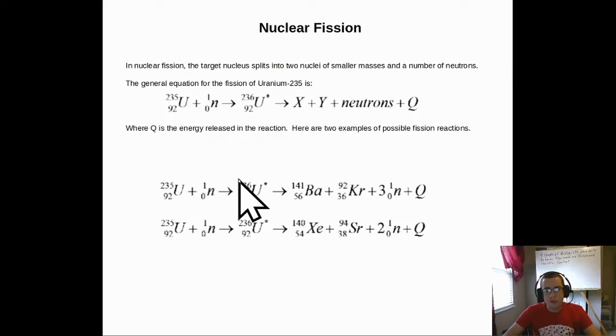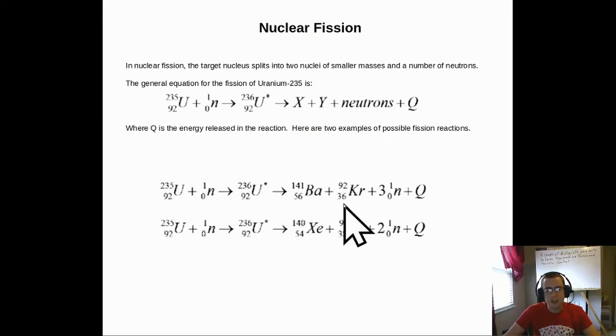And so for uranium-235, it doesn't always decay the exact same way. There are a handful of different ones. The two most common are going to be these two down here. So initially, uranium-235 is bombarded with a neutron, which causes it to turn into uranium-236, which on its own is not stable. So it undergoes nuclear fission, and two elemental atoms are formed as a result, and they're always both relatively close